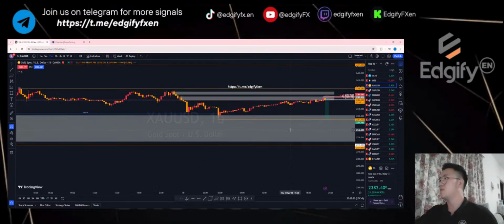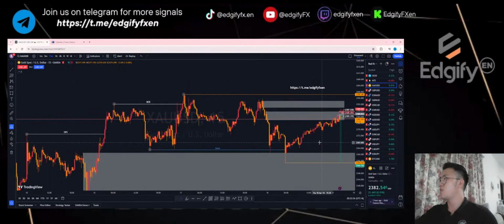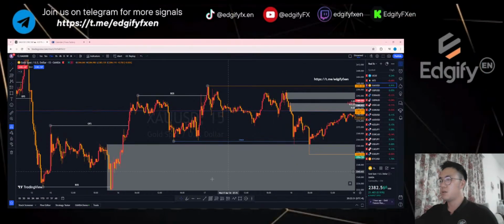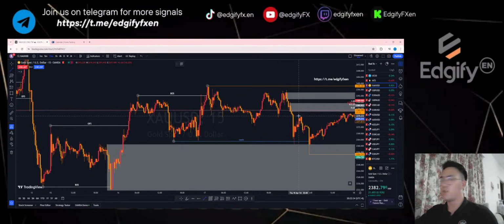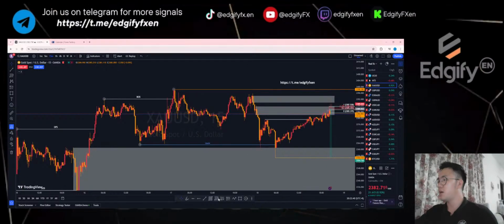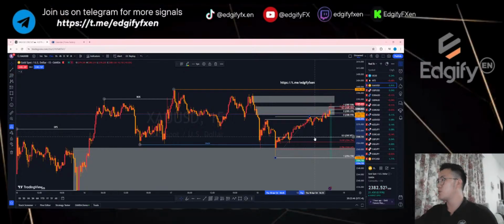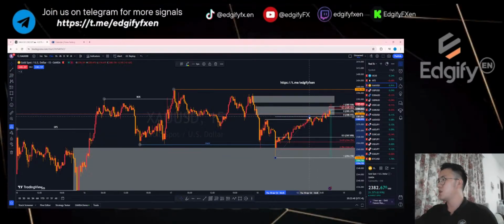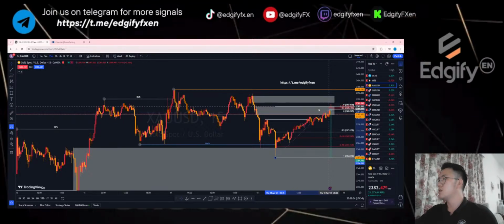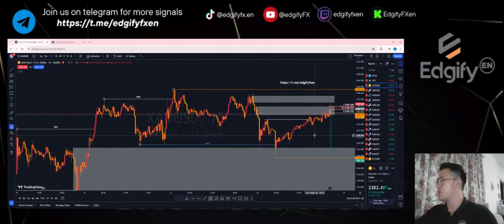So in that 300 pip, in order for me to take advantage, I need to look for confirmations, right? Basically, like I've said, why I did not take a buy since morning today is because the price came in here, right? And even if I'm being very aggressive, I'll be using this high to be broken. Yes, it has broken. And if you pull your Fib from this low to the high, it has broken. It did not come back to the 0.5 or the 0.618. You continue pulling it, it still hasn't reached, right? So that is why I said there's no reason for me to buy unless it gives me a retracement.